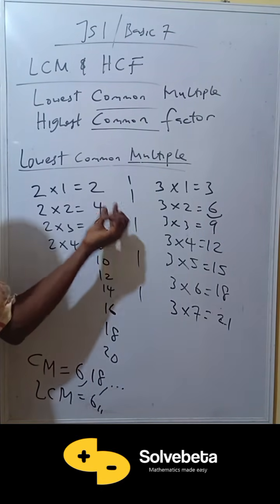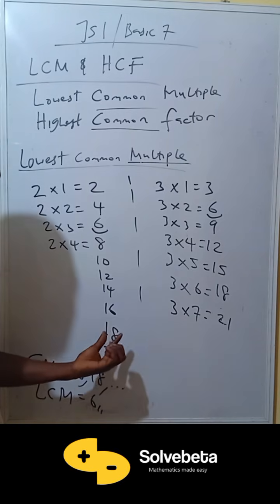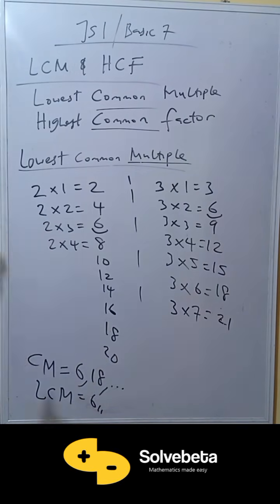Now, common multiples will be 6, 12, 18, and more. There are more: 6, 12, 18, I think there's 20, 24, and more. There are more of them. But the least is what? 6. The reason why we are asked to find the least is because to find the highest common multiple